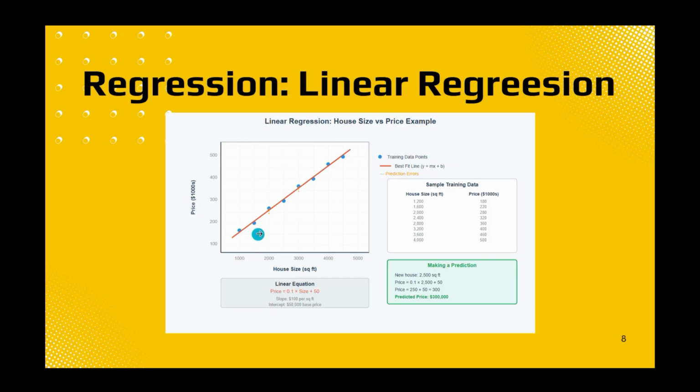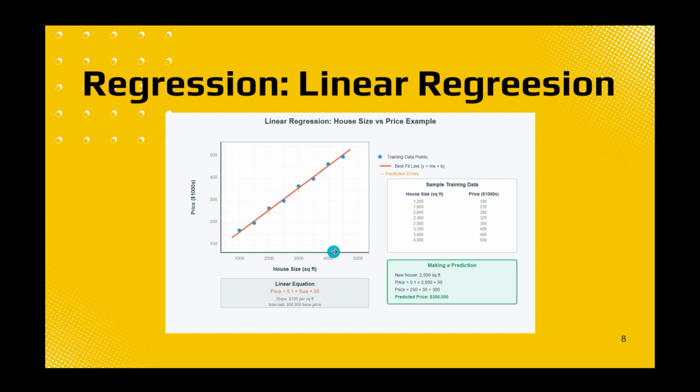This red line is drawn to try to go through all the data points and minimize the distance from the data points to the red line. By using this line, we can try to predict new prices for new data points. Suppose we have a data point with a price around